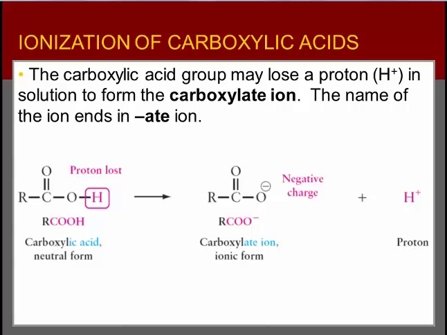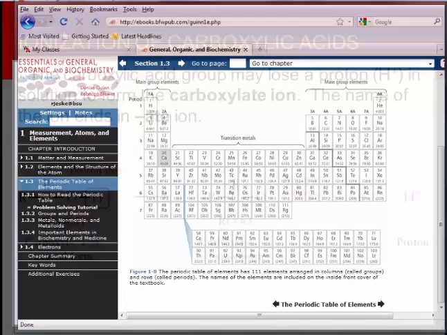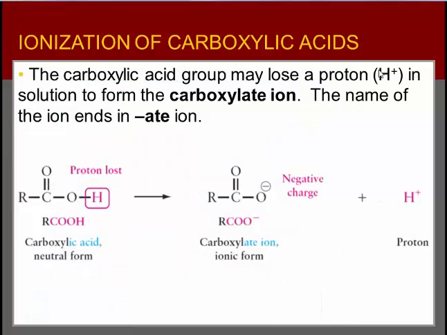If we refer back to the periodic table, remember that hydrogen is in group 1A, period 1. It is atomic number 1, so it has 1 proton and 1 electron. And we can observe that its atomic mass is just about 1, which tells us that on average a hydrogen atom is composed entirely of 1 proton and 1 electron. It does not have any neutrons. And so if we take that electron away to make it ionized H+, all we're left with is 1 proton. So chemists will often call the H+ ion a proton. So if you hear me refer to a proton when we're dealing with organic chemistry, I'm commonly talking about the